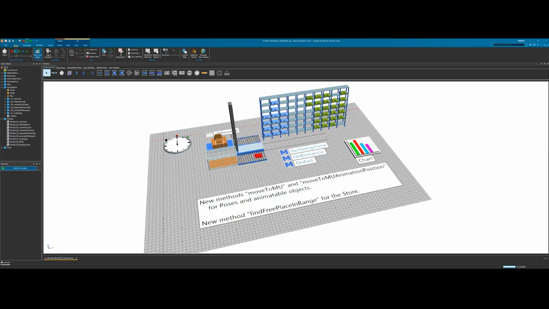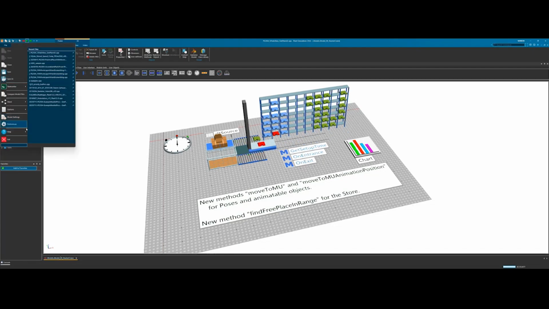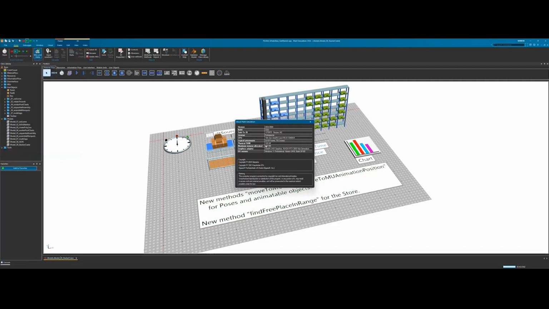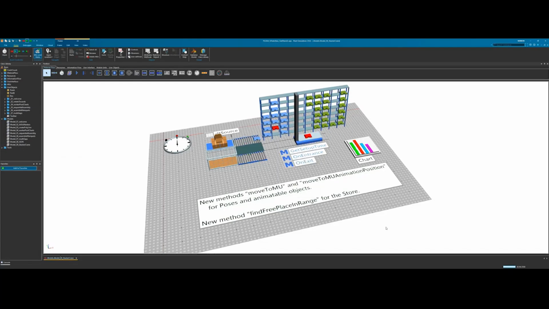It has been available since the end of April. That's why it's called 25.04. So this has been out since end of April. You can download it from the support center. And we are already on patch level, let's see, 4. So there's already been 4 patches out, which makes sense, 1 patch a month since end of April. Yeah, so you can go to the support center and download it there. And of course, you would need a new license for this.